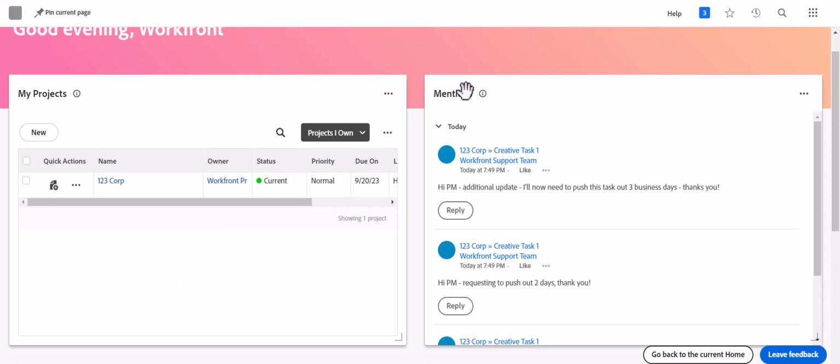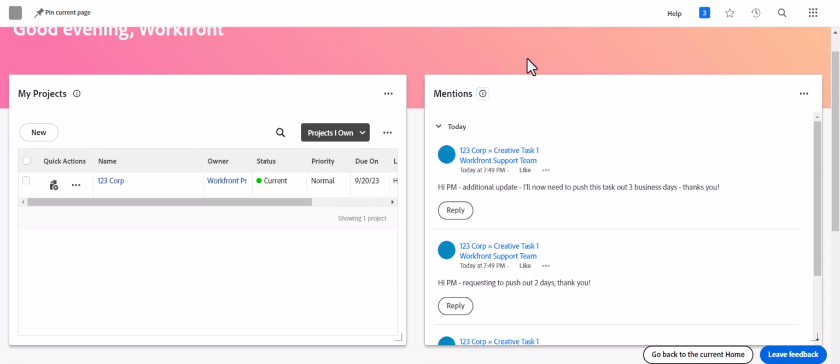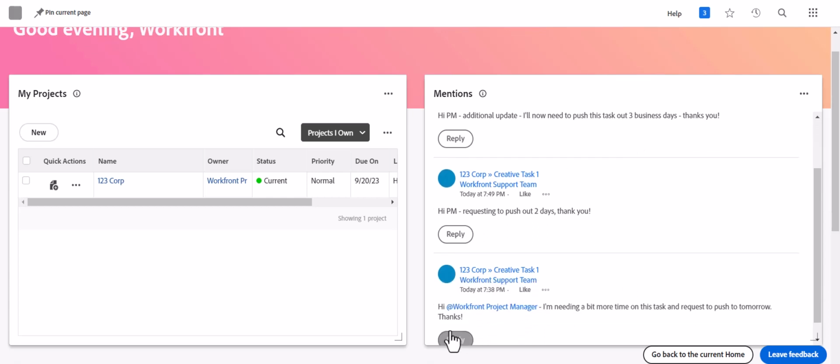For mentions over here, you'll see when you click on the information buttons, it will give you a description. This one in particular is a little bit misleading because it says it will display recent comment threads that contain mentions of you across Workfront, as well as a reply button so that you can compose responses within the widget, which is great. So I did do a test to see if it's going to pull in all comments where you would be notified, whether you're only tagged within the notify field, whether you're mentioned like the info suggests,